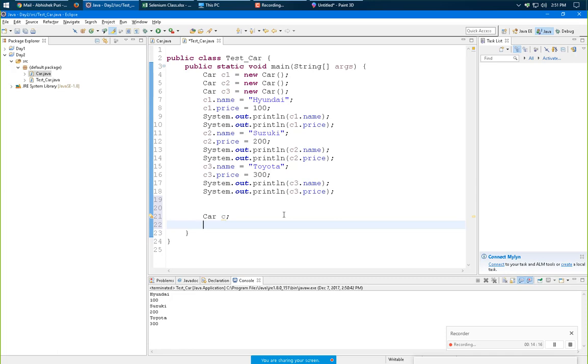If we want to assign the object of C1 to C, we can do C equals C1.